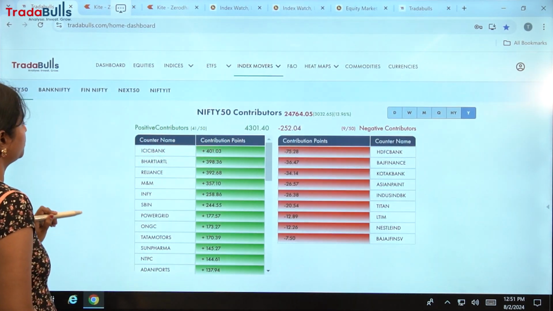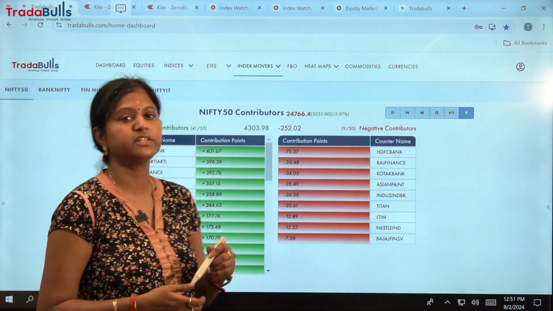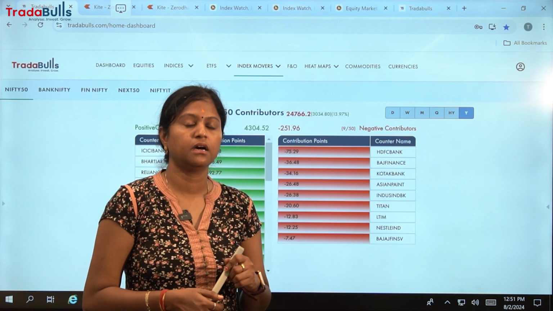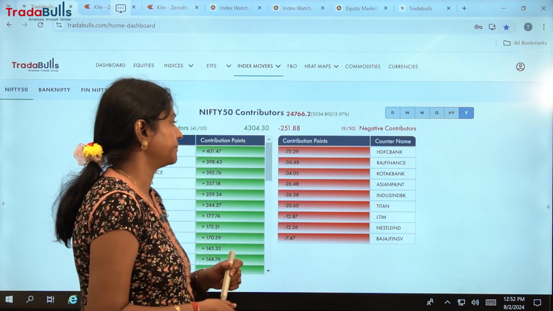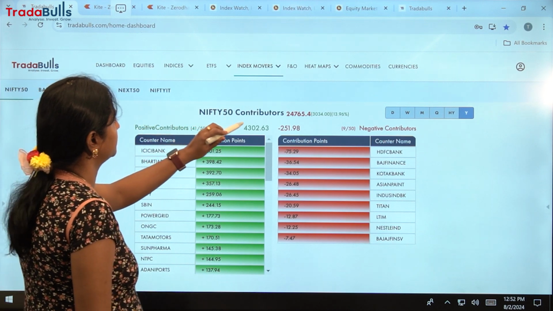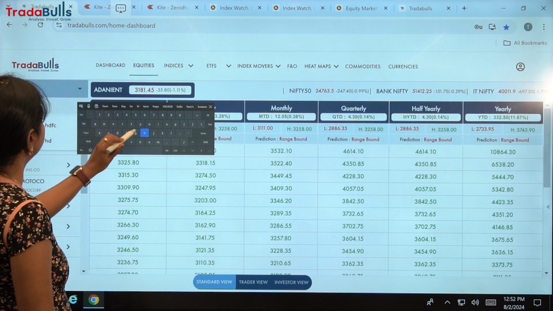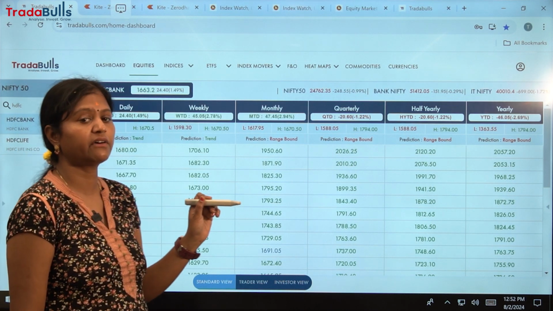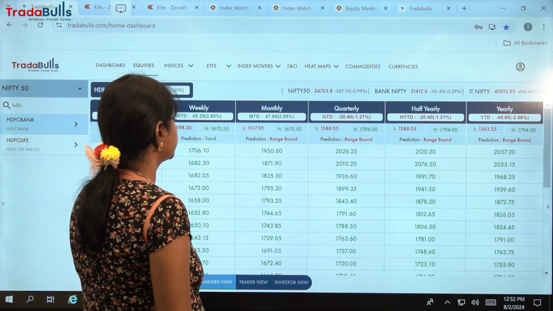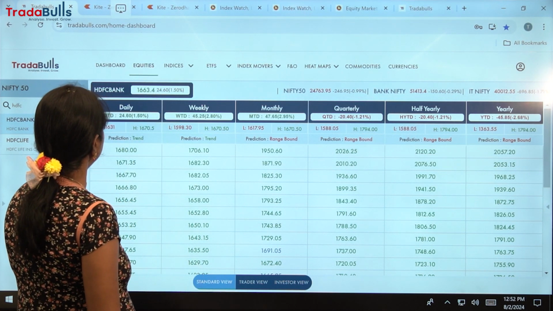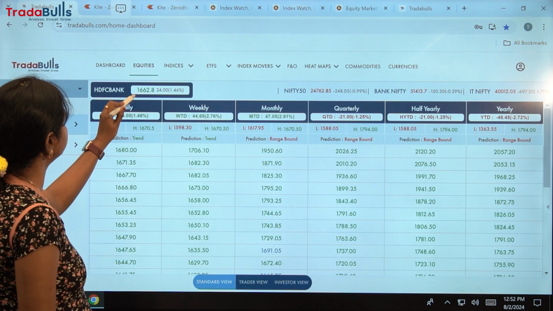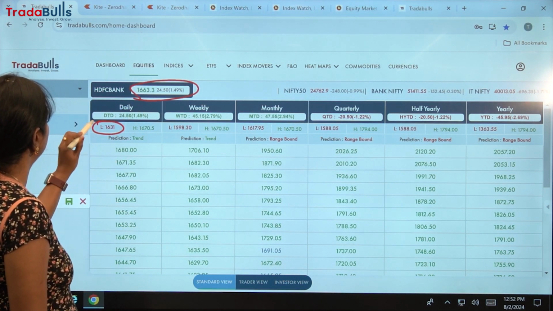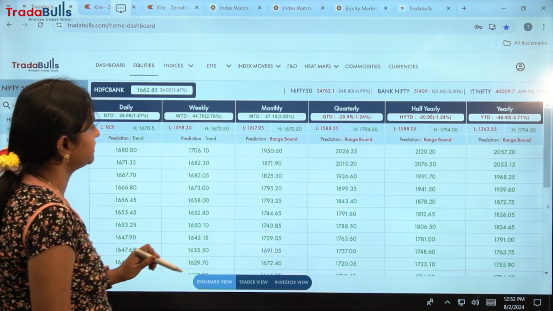Now let's see how you can make use of the data analysis pages during your trading when you are investing. We are going to look at HDFC Bank, because today HDFC Bank has a positive contribution. Let's see what the value is. Today the market price is 1663 and the low value is 1631. So let's see for the year.